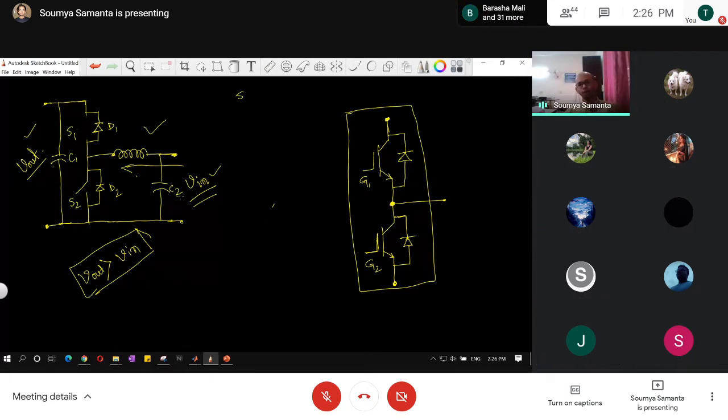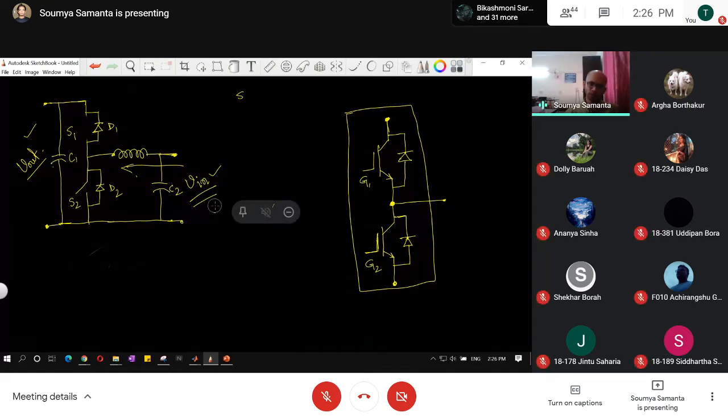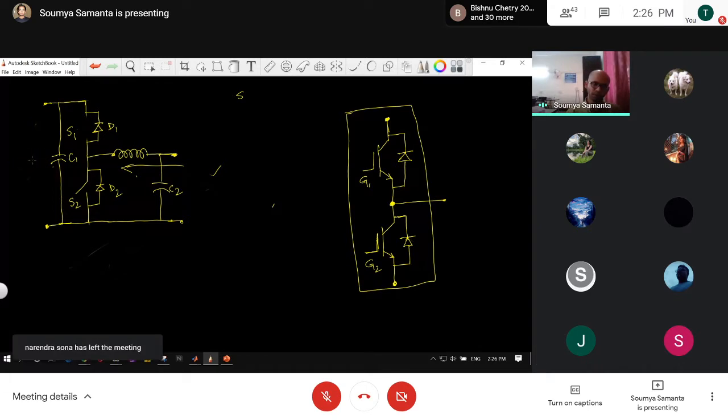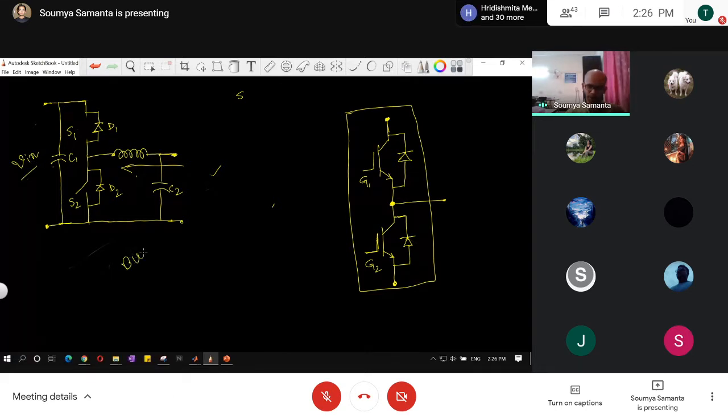Now if we go for the buck converter, what will happen? Just opposite. Things will remain the same. What we'll do is position the input and output voltage. This will take the input voltage. This is for buck. I'm drawing. And the switch will not be here, but the switch will be connected here. At the top, this is called top, this is called bottom. Bottom IGBT, top IGBT. Okay, switch 1, switch 2.